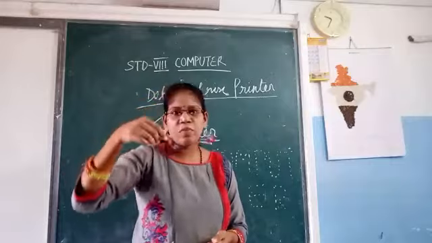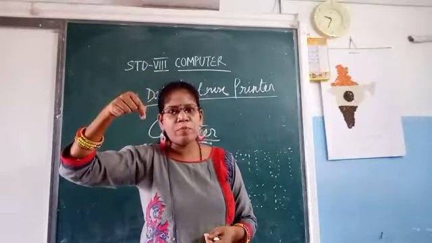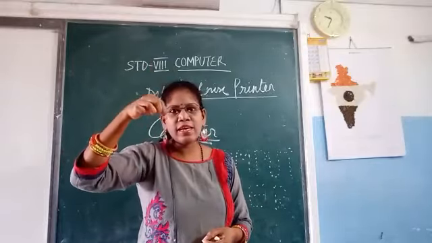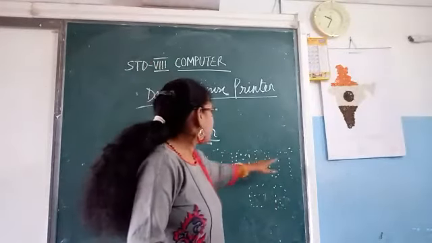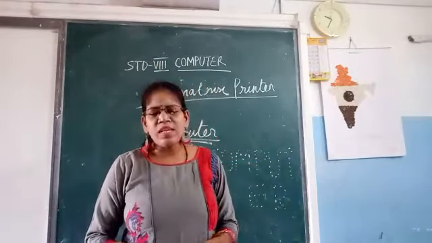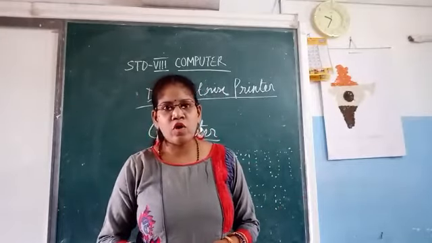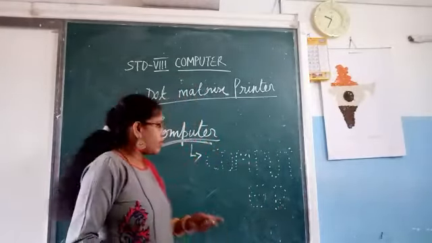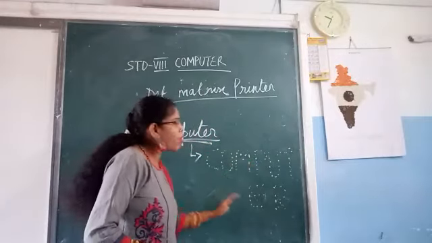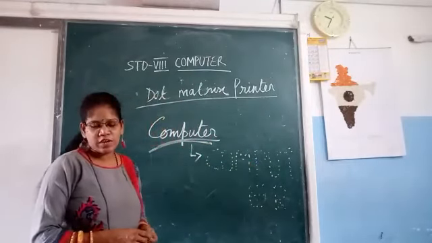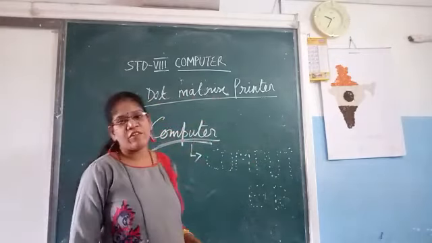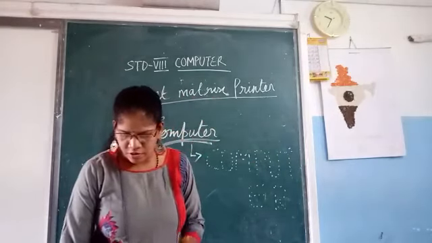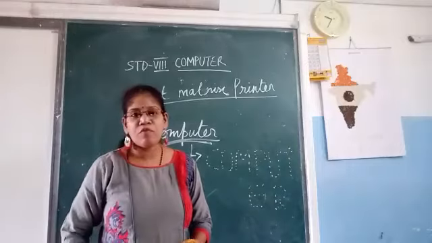Because in the dot matrix printer there are many small pins which hit the ink and it will come on paper as dots. So this print machine does not work for long because it's not so nice, because we are unable to read it properly as it is coming in dotted type. So that's why this is called a dot matrix printer. The image display is produced with the help of dots.